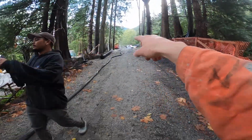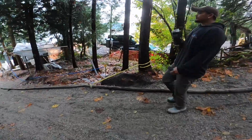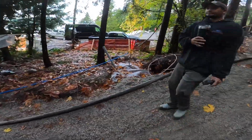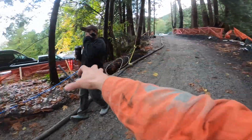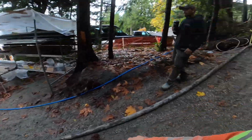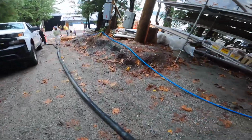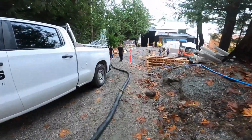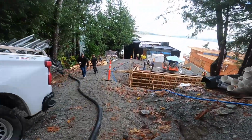So we're coming all the way down the driveway. We've tied the hose off in a few spots here so that the surge effect from when we're actually pumping the concrete doesn't cause the hose to pull itself down the hill. The ropes will hold it in place. So we come down the hill, all the way down here,